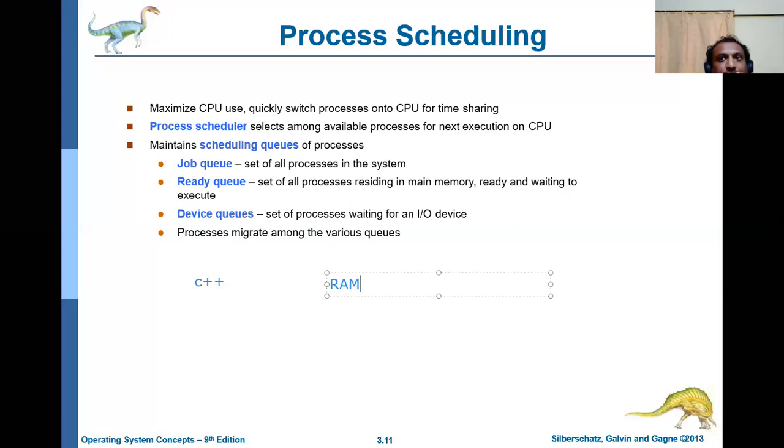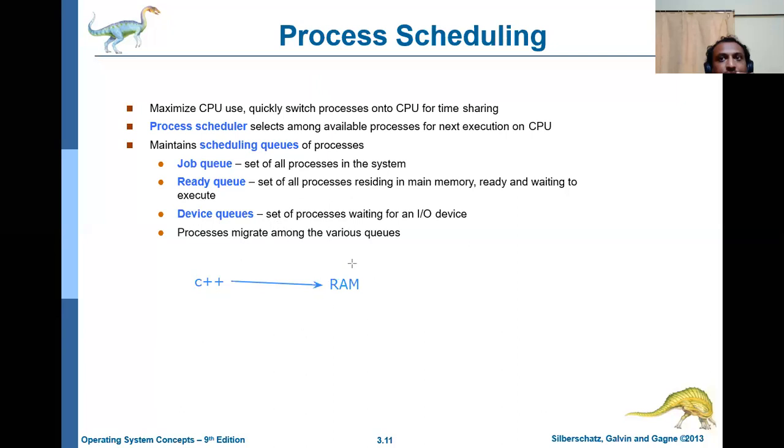What is RAM? Random access memory. As soon as I press Control F9, the program will go to RAM. So whatever program is there, it is getting stored inside RAM.